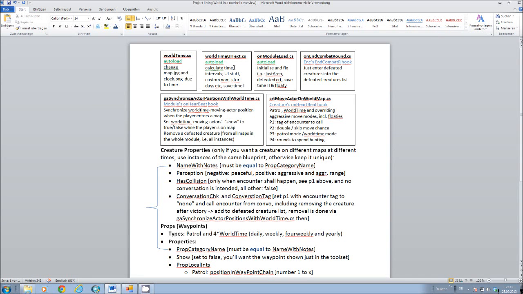Then the third one is the on module load, again an autoload. This is just called once in the beginning when you do a new start or every time you load, and it's therefore a great place to initialize stuff. And so various globals I'm using there are initialized there again, like last area. I explained in this third scripting video what that's for. Okay, it's a global variable that keeps track of the last area you were in, and